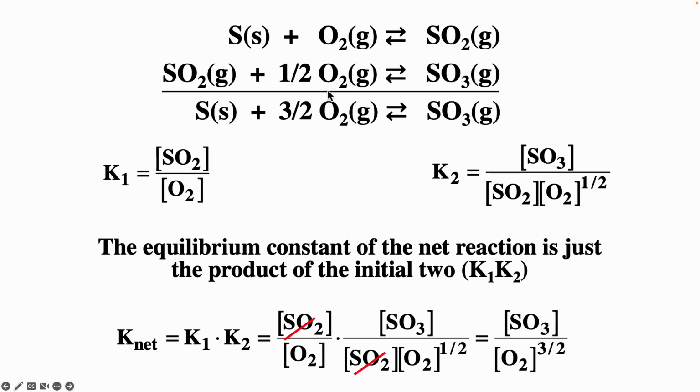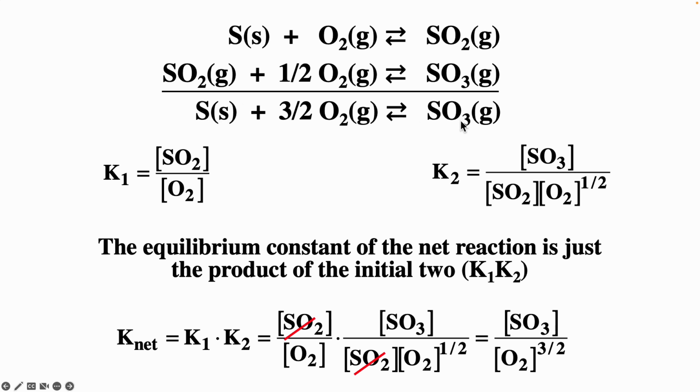Now if we think about the equilibrium expressions for that first reaction, we have products over reactants. Pure solids, pure liquids don't appear. So this is the equilibrium expression for the first reaction. Equilibrium expression for the second reaction, we have SO3, SO2, O2 to the 1/2. Now, if you add reactions, you multiply the corresponding equilibrium constants. And so if we multiply this times that, the SO2s cancel. We'll be left with SO3 divided by O2 to the 3/2,